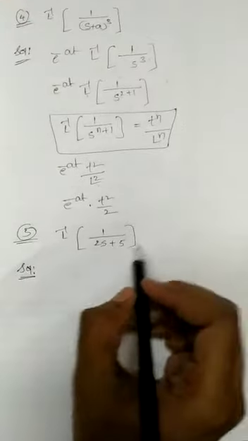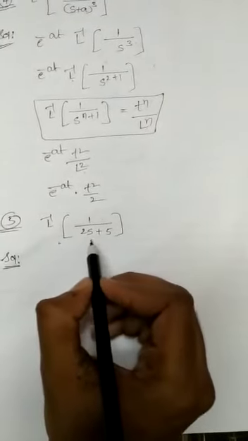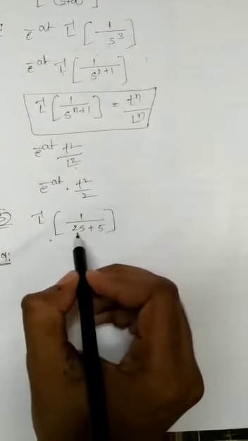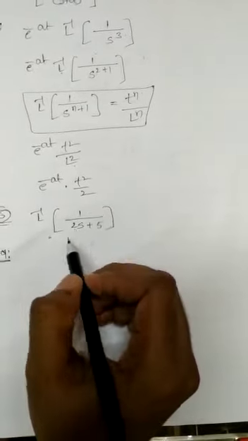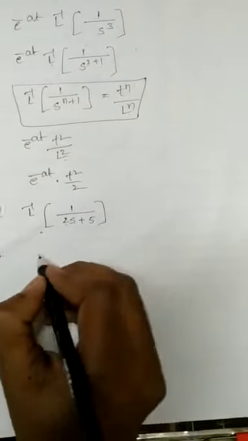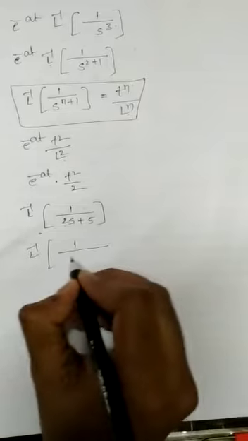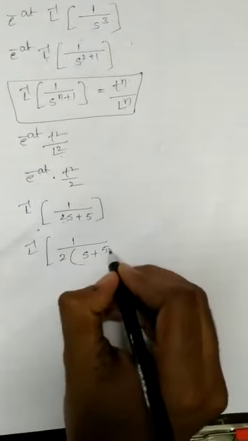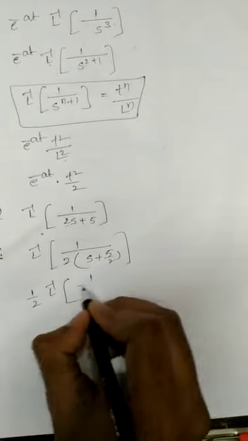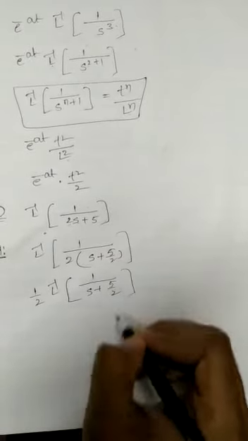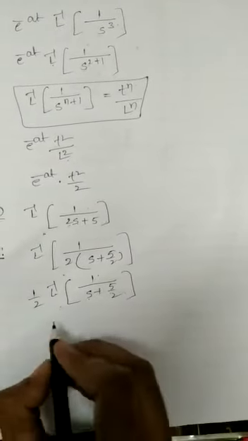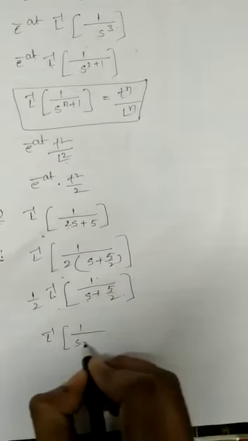Okay, let us see this problem now. Laplace inverse of 1 by 2s plus 5. Here s plus a is there, but the s coefficient is 2, right? So we have to make the s coefficient 1. So how to make it 1? By taking 2 as common from the denominator. If you take 2 common, what you will get, s plus 5 by 2. Write this 2 outside, that means 1 by 2 Laplace inverse of 1 by s plus 5 by 2. If you observe carefully, which is in the form of Laplace inverse of 1 by s plus a, right?